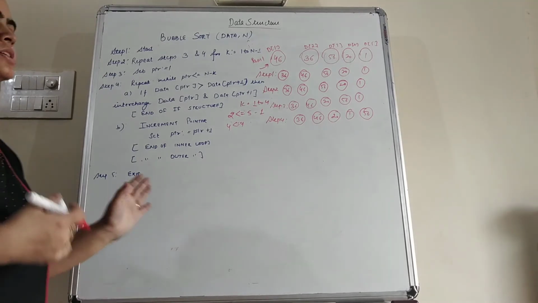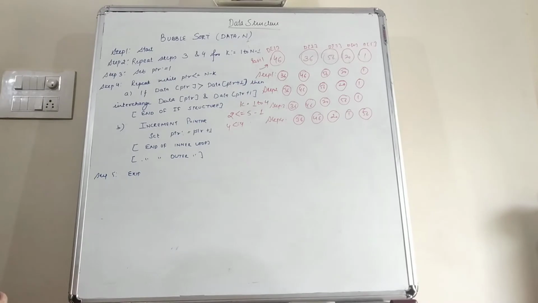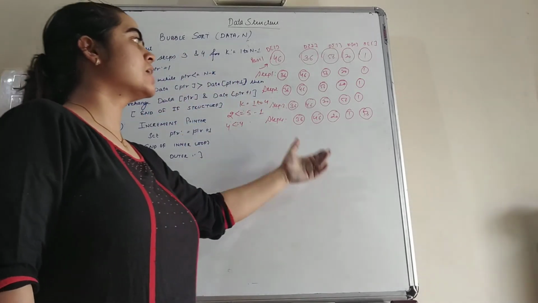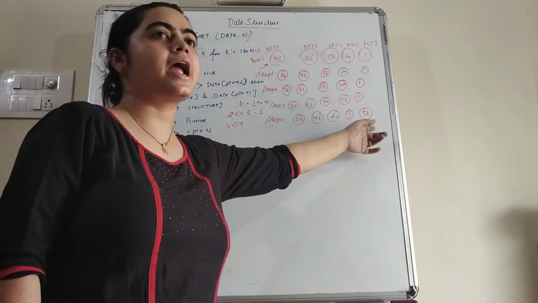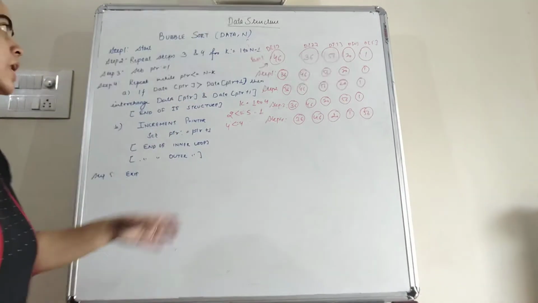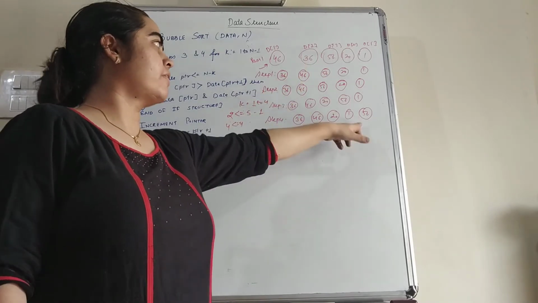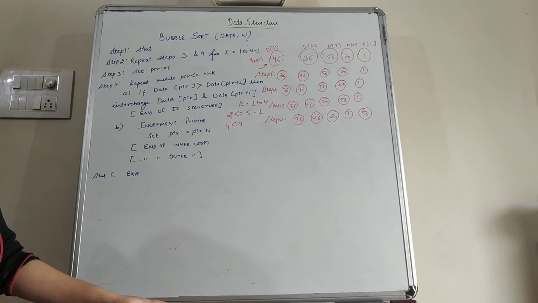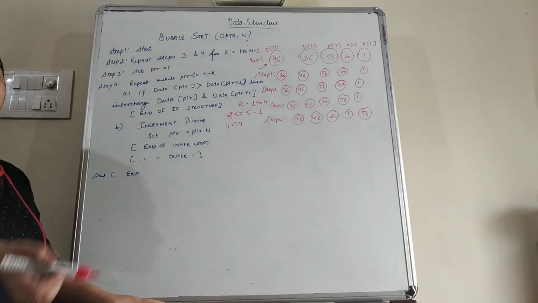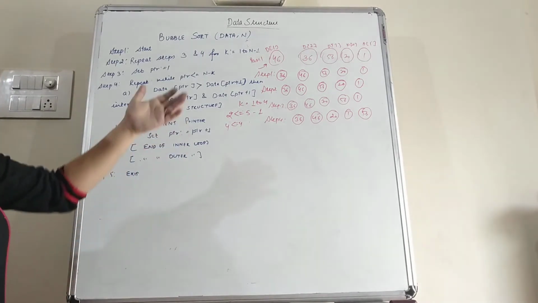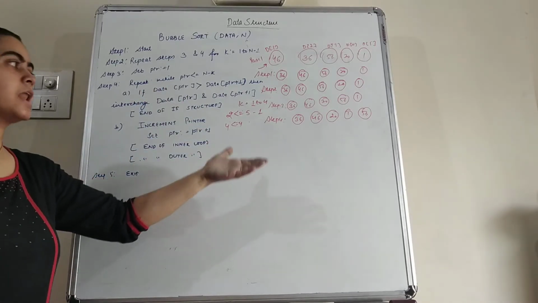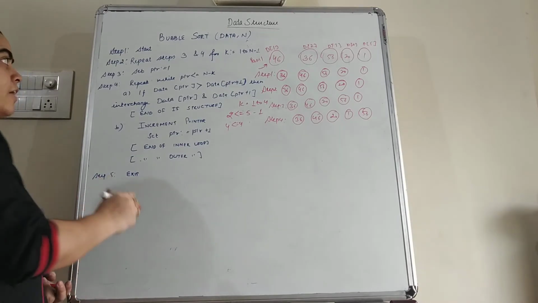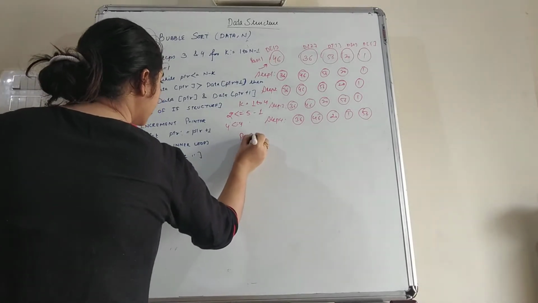because in pass 1 we are comparing first with second element, second with third, third with fourth and fourth with fifth. So each and every element is compared and at the end of this pass the largest element is at the end of the array. So here the largest element is 56 and that 56 is at the last location. So that means at every pass one of the elements will be at the last location and in the second pass the second largest element will be on the second last position. Now students, after this we can come to pass number 2.